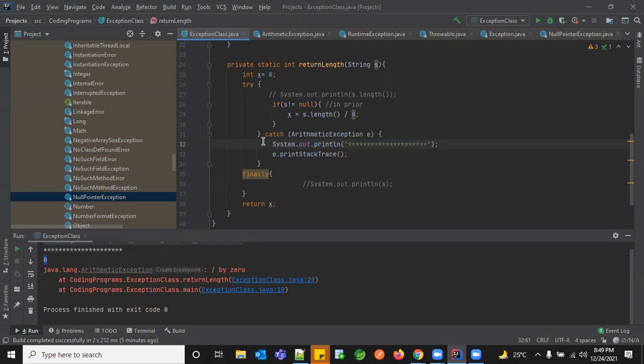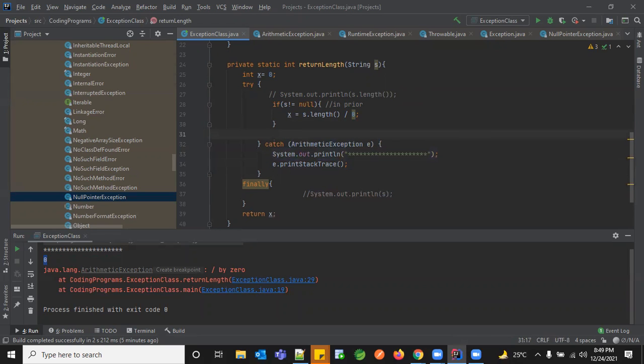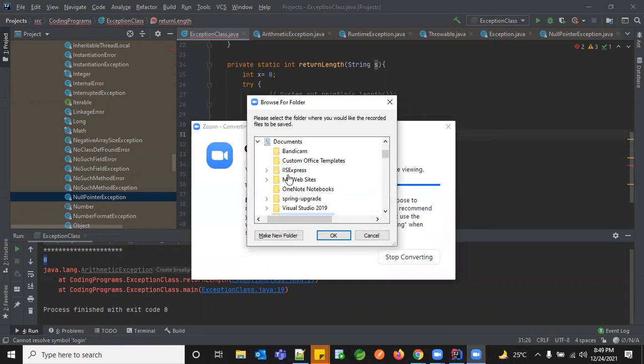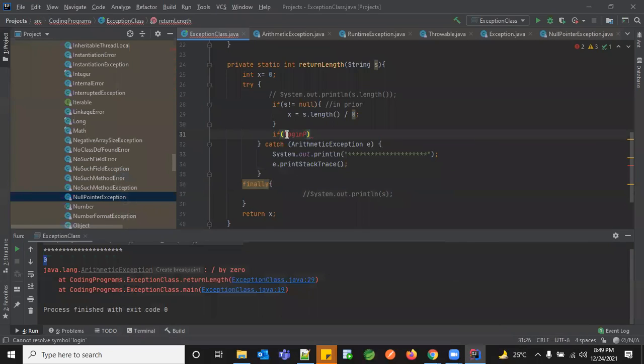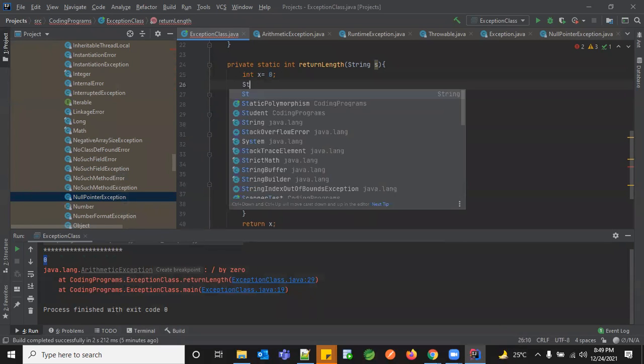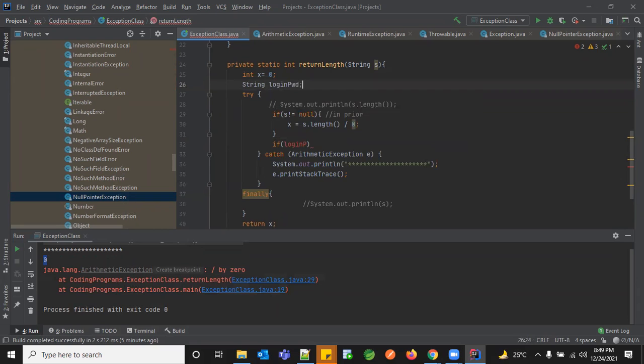Only thing is, instead of handling it here, let's say here, I'm just giving you an example. If my login password, let's have a string login password. Now, if my login password is not equal to, and I have some string, say this.